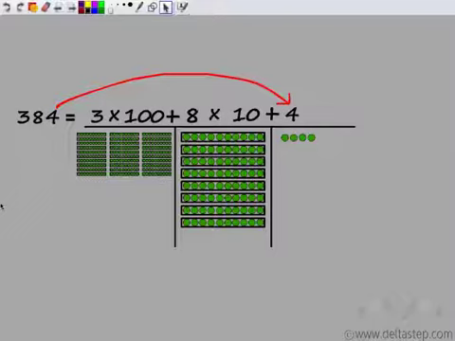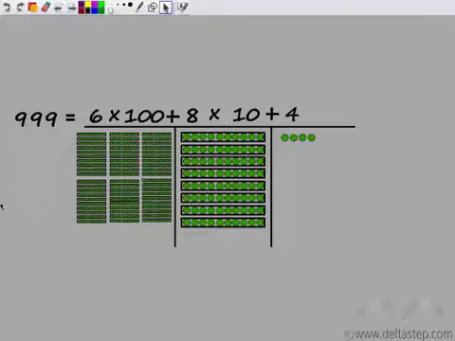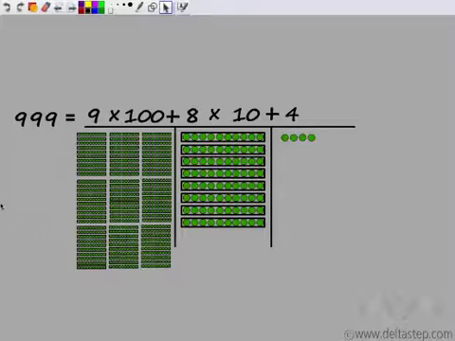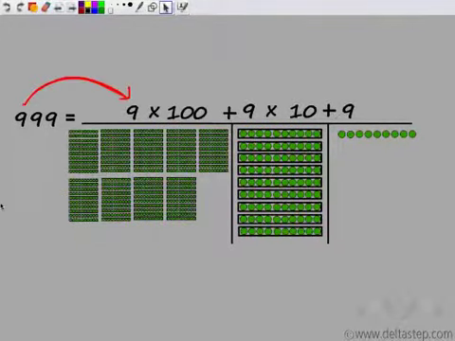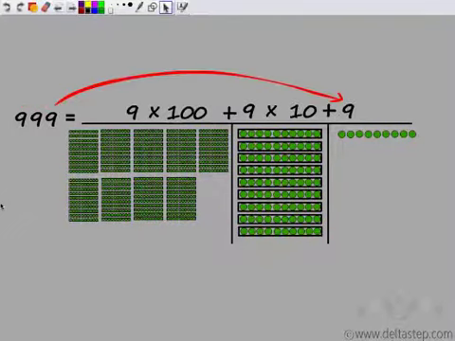Similarly, I can keep on making numbers till 999. For that, I would need 9 hundreds, 9 tens and 9 ones. So this is the largest number that I can make using these 3 digits: 9 hundreds, 9 tens, 9 ones. I cannot put any more here. 9 is the maximum, again 9 tens the maximum limit here, and 9 hundreds the maximum limit here.